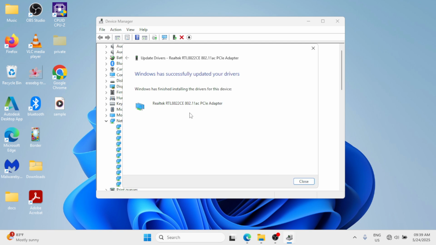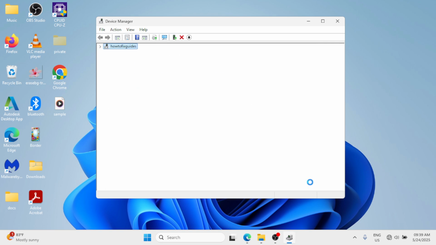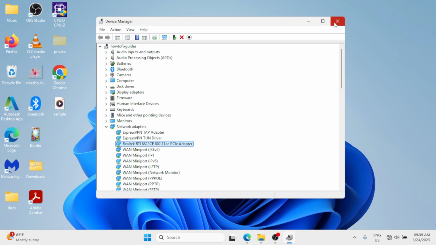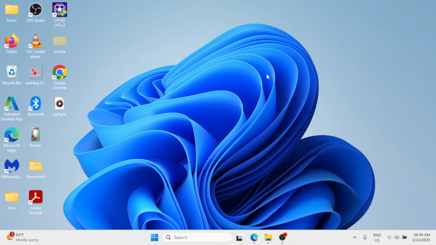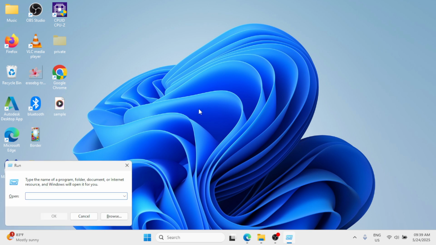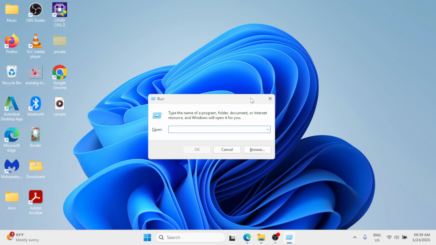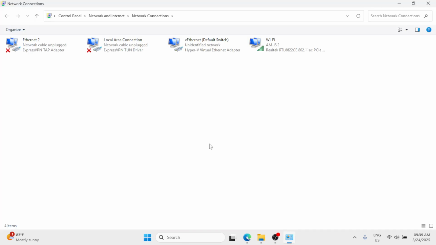Now Windows has successfully updated your drivers. Close this and close this window. You just need to restart your Windows once after doing the process. The next method: press the Windows key and R together to open the Run window. Here you need to simply type ncpa.cpl and click on OK. Once you open the Network Connections window, locate your network adapter,